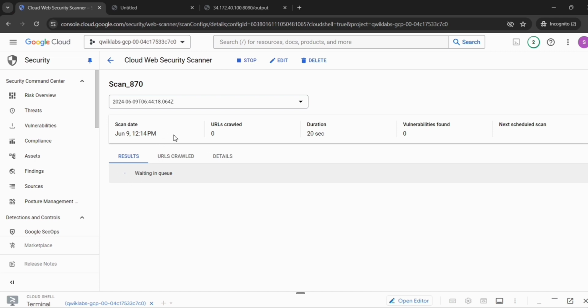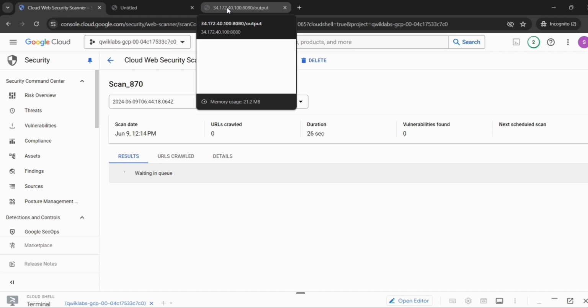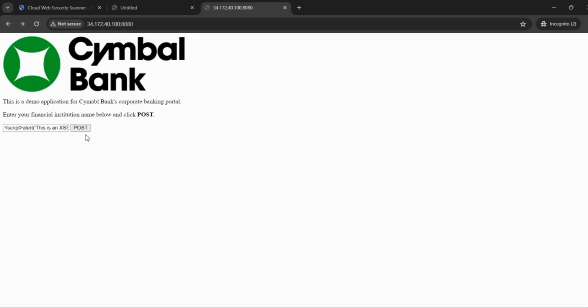Now let the running operation work. Until then you can go to the previous slide and go to this, and here move out, or you can refresh it. So you can see there is an irrelevant pop-up, so you can move it out.